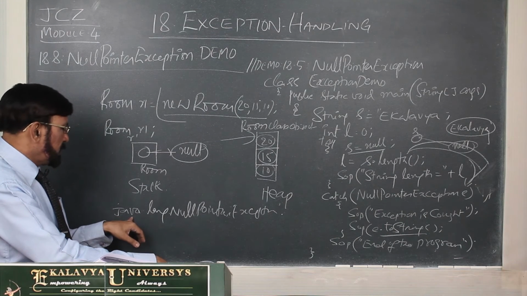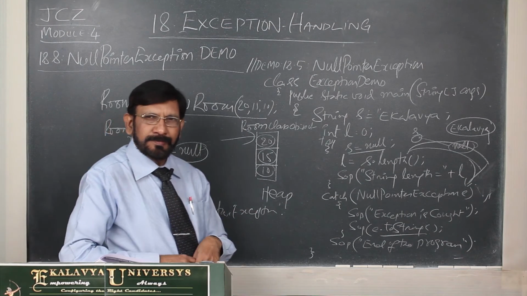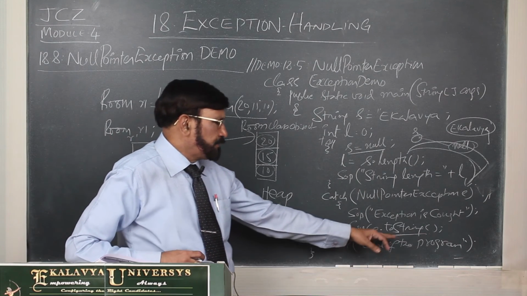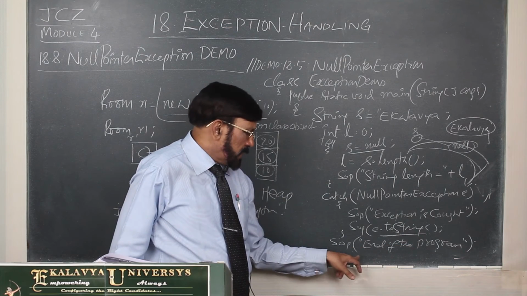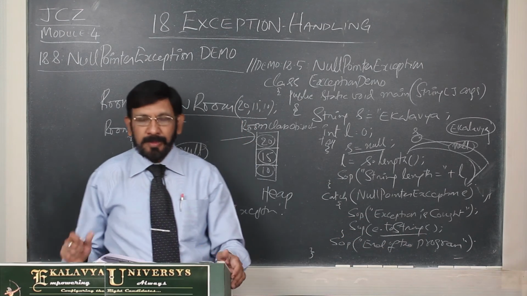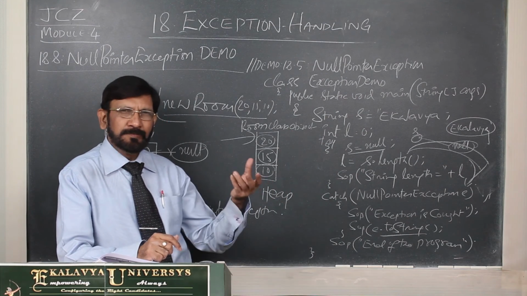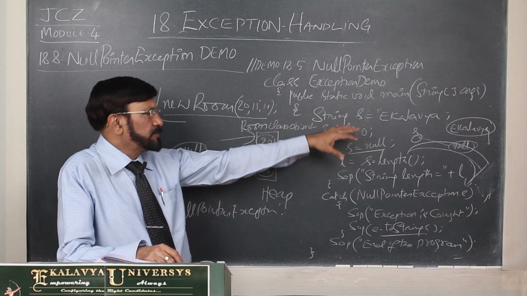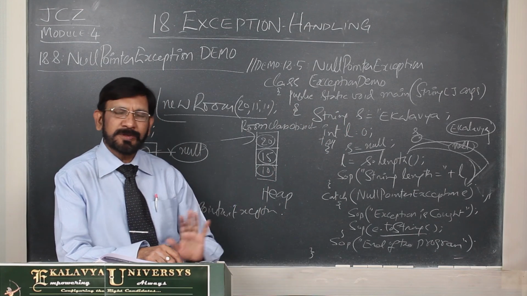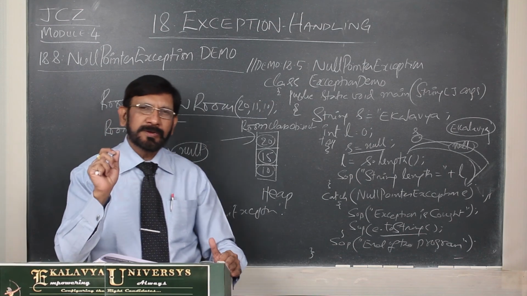Now, the type, java.lang.NullPointerException, is printed, and thereafter the end of the program, whatever one line we have written after the catch block, is also printed. In this way, this is a simple experiment, and I would like to introduce one type of exception to you, and this is the modus operandi of using exception classes in the appropriate situations.